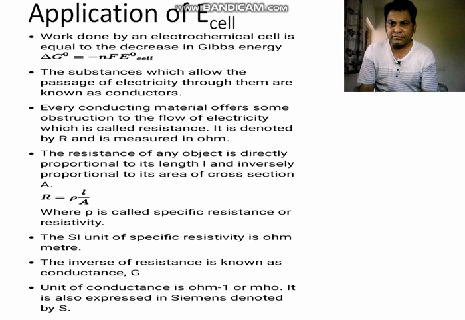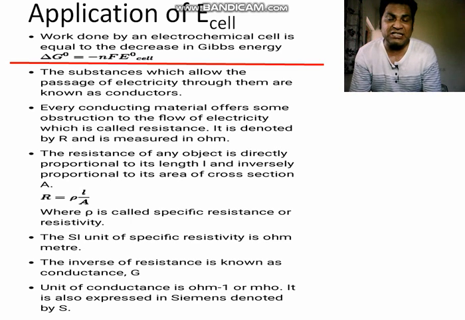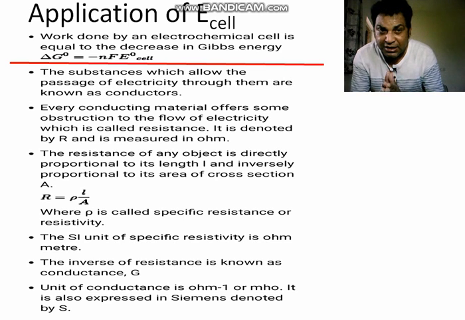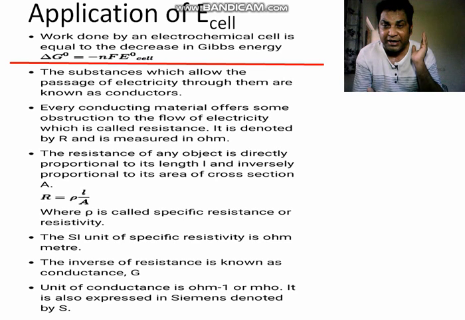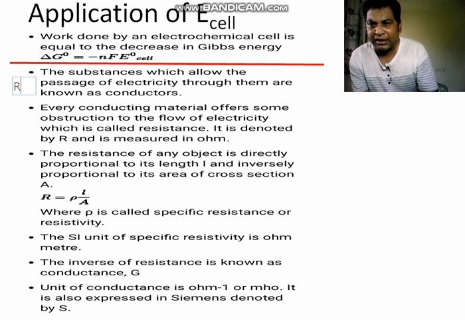In the previous case, in the application, we found it in the form of Kc. Now here delta G degree is equal to minus NFE degree cell. By doing this also you can find out the application of the EMF series. Now from here we are going to start another thing, that we are going to talk about